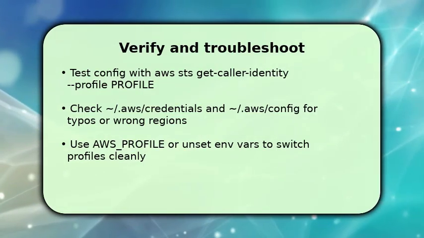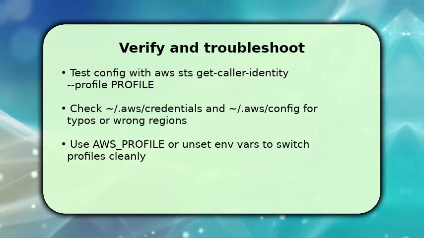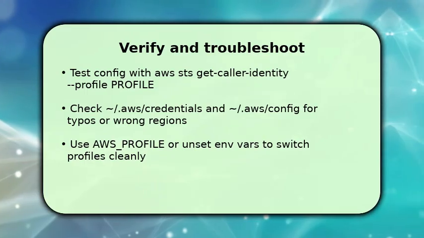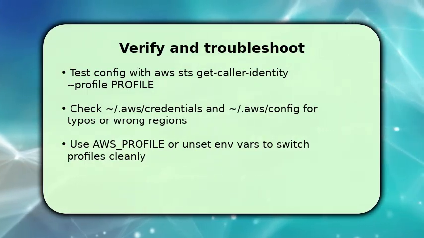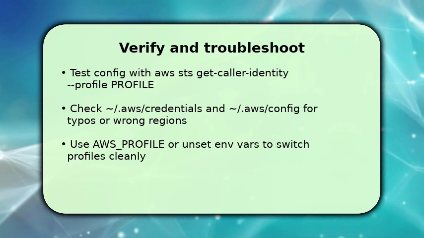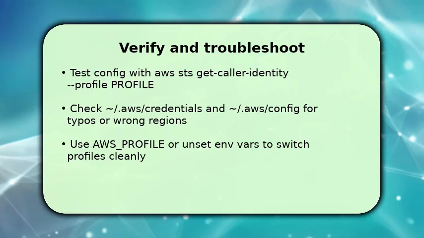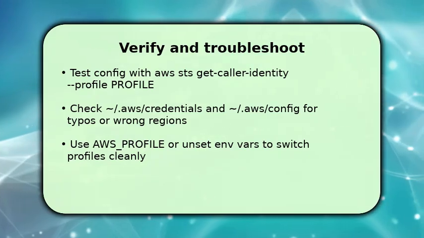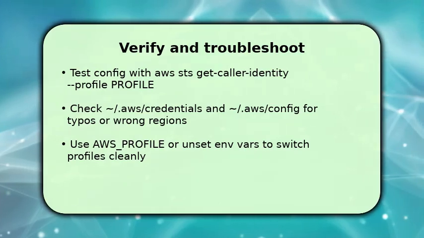If you get access denied or malformed request errors, inspect /oz/credentials and /oz/config for formatting errors or extra quotes and verify region names. If a profile isn't applying, make sure AWS_PROFILE isn't overridden by environment variables. Unset them or explicitly pass --profile. This single troubleshooting step fixes most